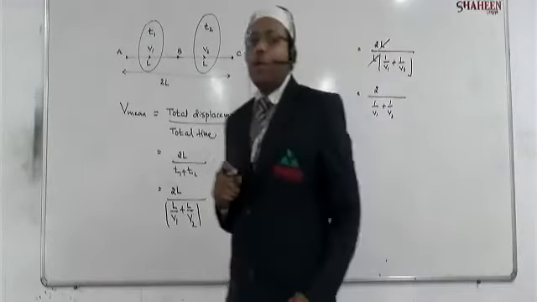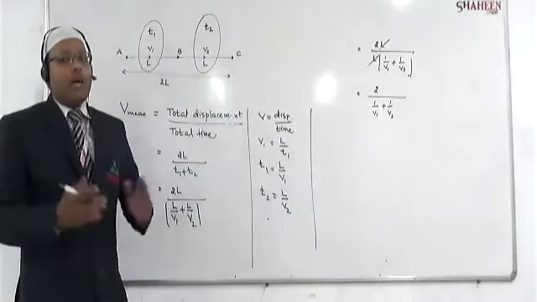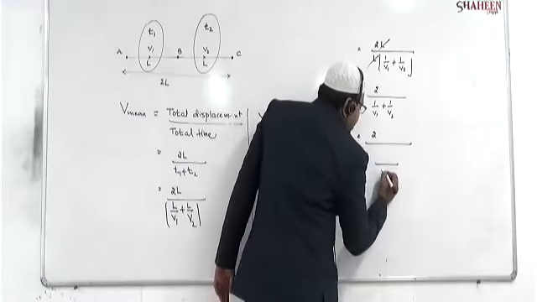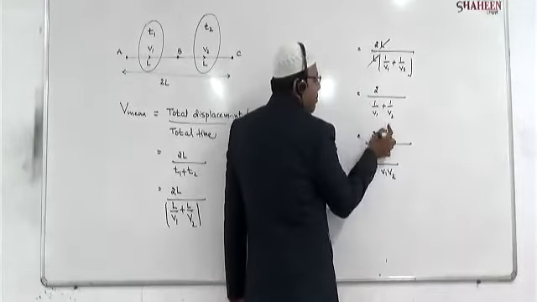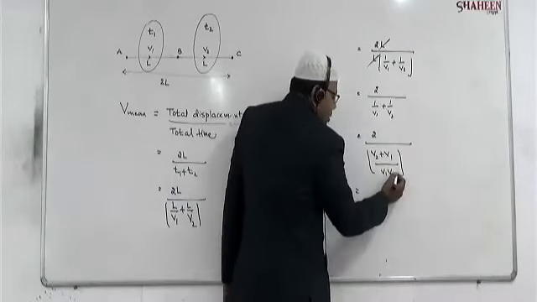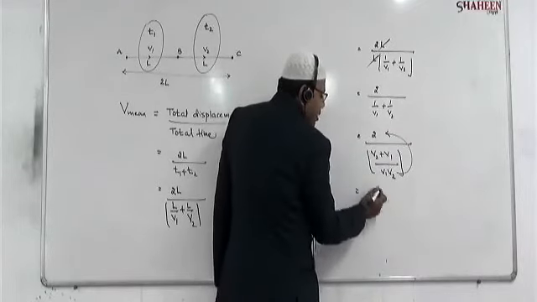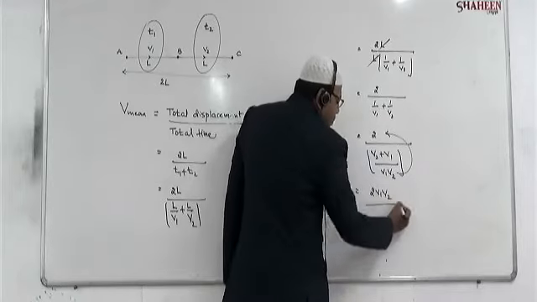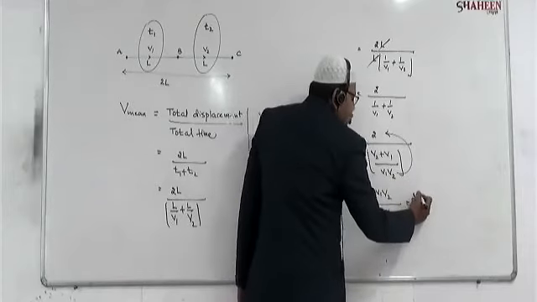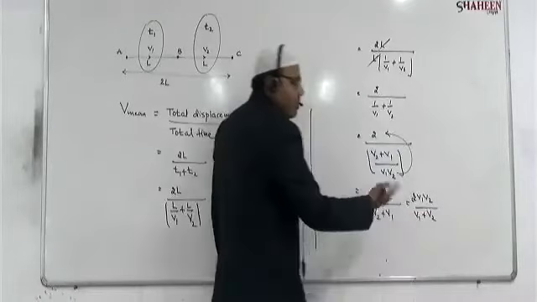Now in the denominator you are having two terms, 1 by V1 and 1 by V2. For those two terms, you have to take the LCM. You know how to take the LCM. This is 2 by, LCM is V1 V2, so this will be V2 and this will be V1. Now this I am taking in the denominator because this is present in the denominator's denominator, so we will take it in the numerator. So this will be 2 V1 V2 by V2 plus V1. Now if I write in order, this will become 2 V1 V2 by V1 plus V2.